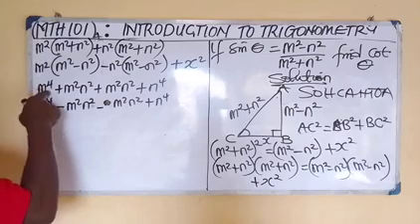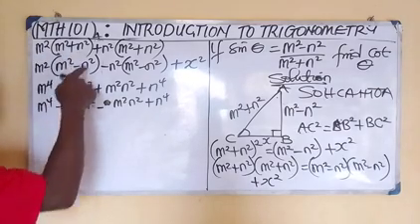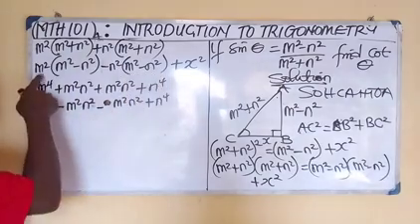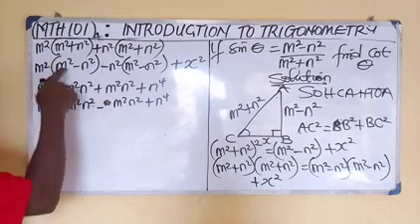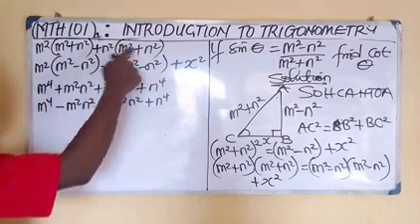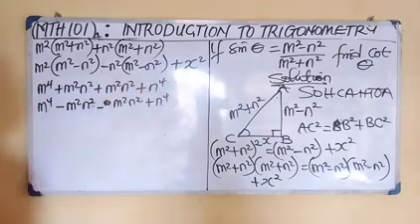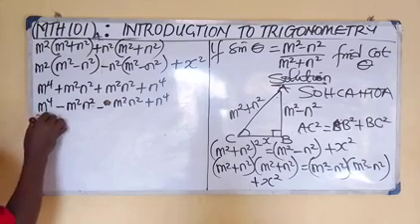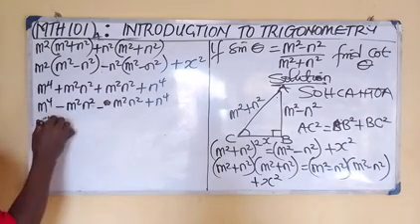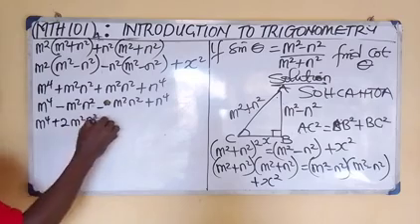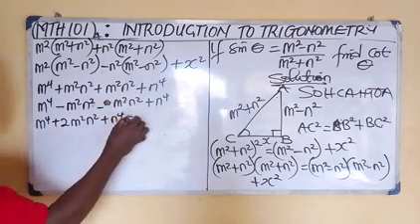This time this is this. Very correct. Minus times minus I have plus. So this is very, very correct. So what do I have now? I have M4. This plus this becomes 2M squared N squared. Right? Then plus N4 equal to